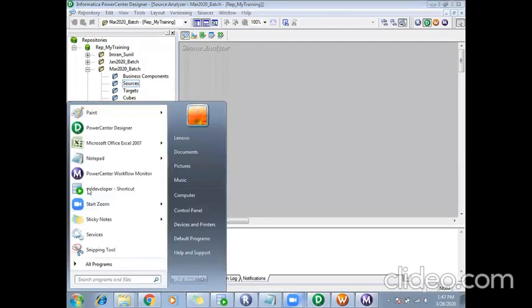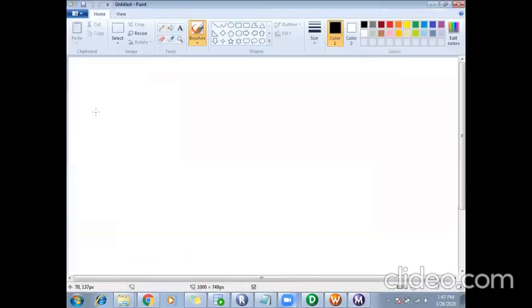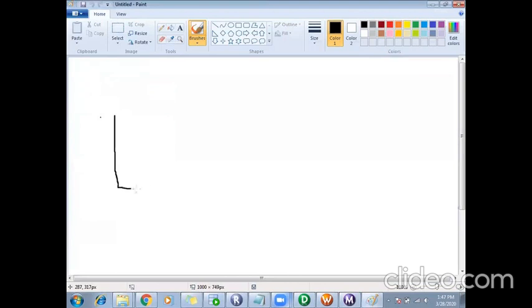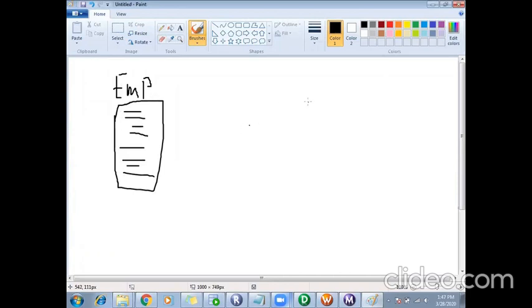A very simple example: assume I have a table here called the EMP table. It might have some records. This table exists in my Oracle database.